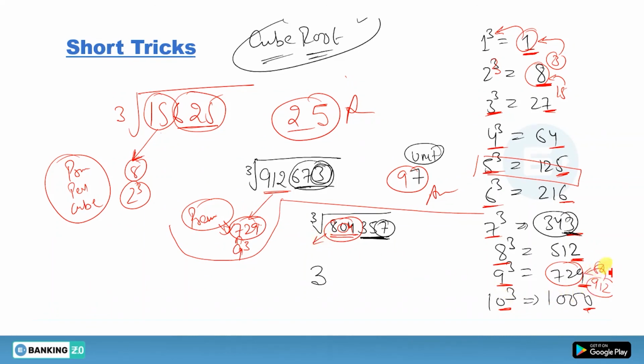This one is 804. The previous perfect cube is 729. And what is that? Cube of 9. So just put 9 here, you will get 93, and 93 is the answer. So I hope this concept of cube root is clear to you. In today's lecture, we discussed an amazing session of cube and cube root, and these were very good tricks, and you can use this in your calculation, and this will help you to boost up your calculation speed. So I hope this concept is very clear to you.